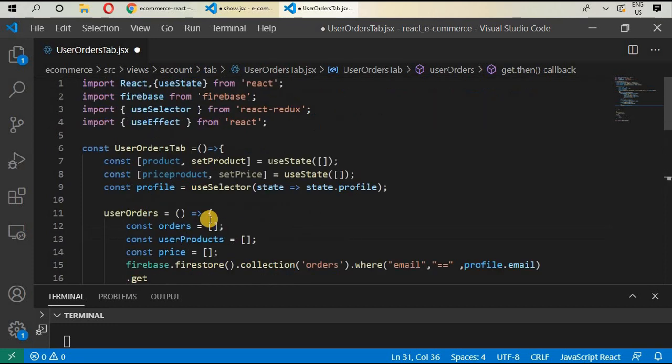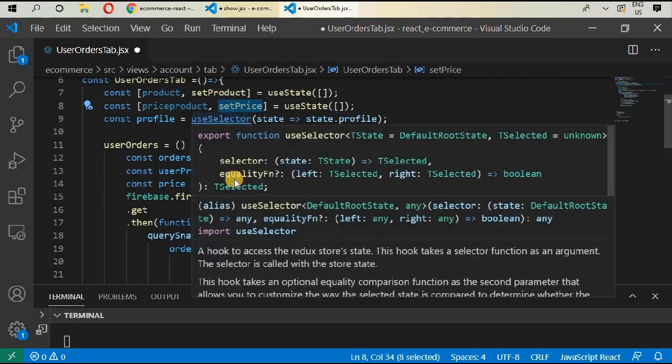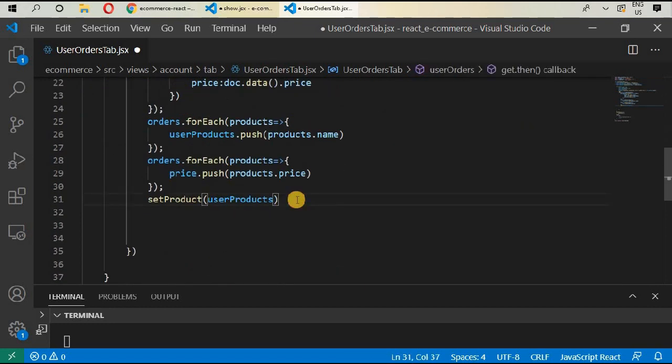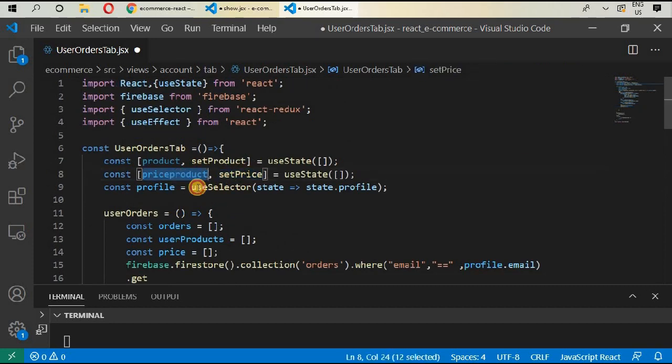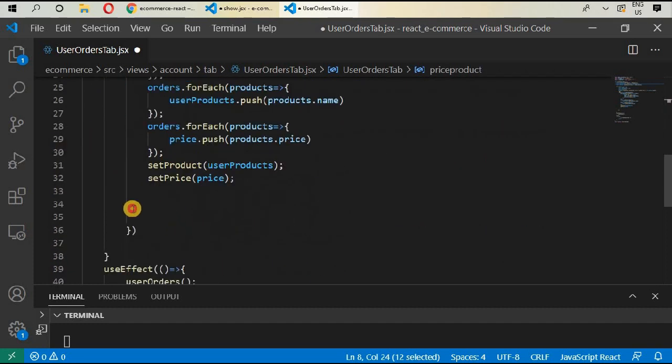Okay, it will update this product, and then call this setPrice, okay, and give this price, and this setPrice is going to update price product. Okay, so from here we have completed,